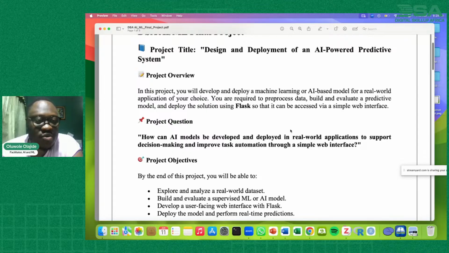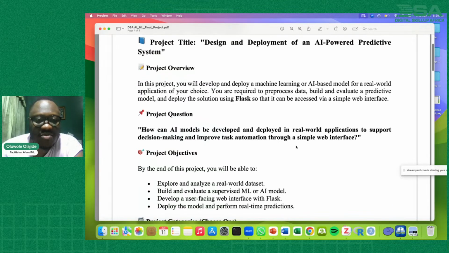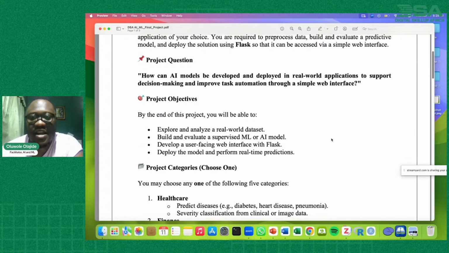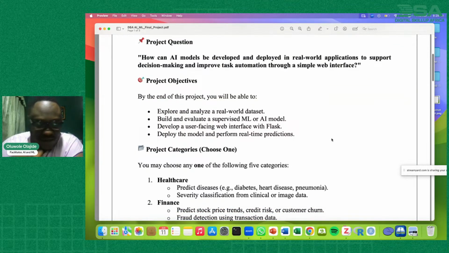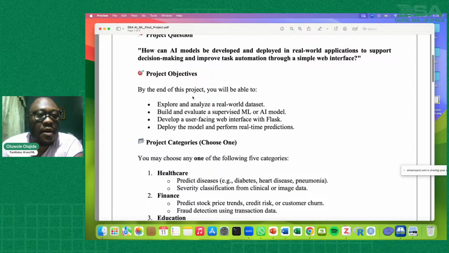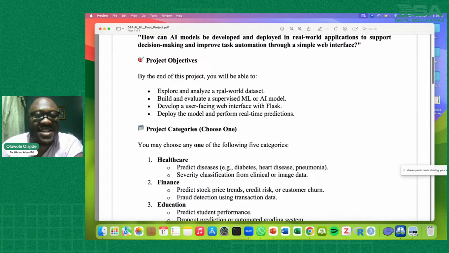So what is our project question? How can AI models be developed and deployed in real-world applications to support decision-making and improve task automation through a simple web interface? So what are our objectives? By the end of the project, you will be able to explore and analyze a real-world data set.